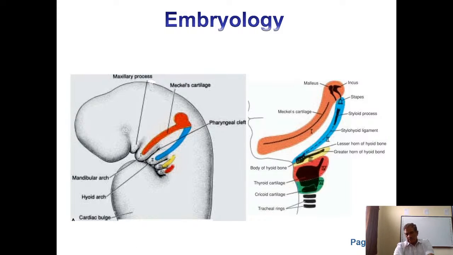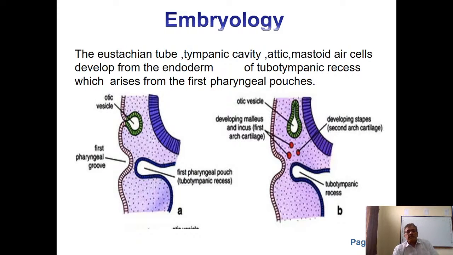Now the structures that are derived from the ectoderm, endoderm, and the mesoderm, we'll try to go and see what are the structures in this middle ear cleft, which are derived from these arches. Now, if you see the Eustachian tube, as I told you, the middle ear cleft, tympanic cavity, the attic, mastoid air cells, they develop from the endoderm. Okay. Now that is the first pharyngeal arch there,